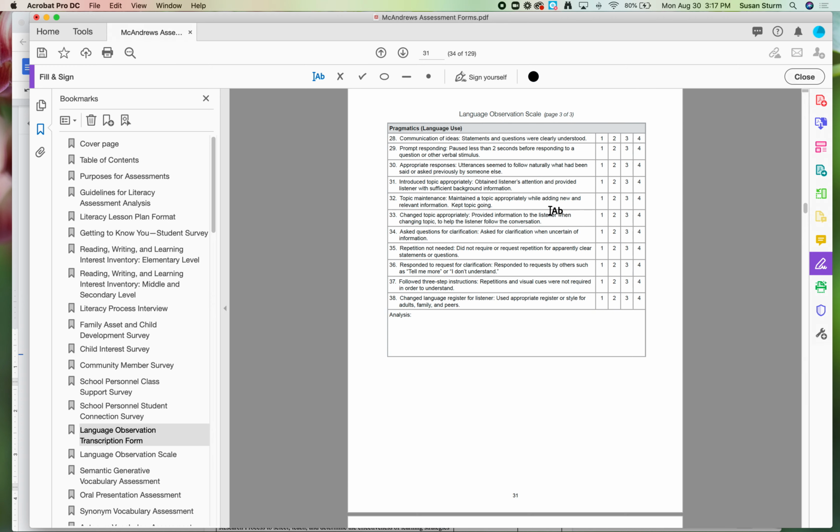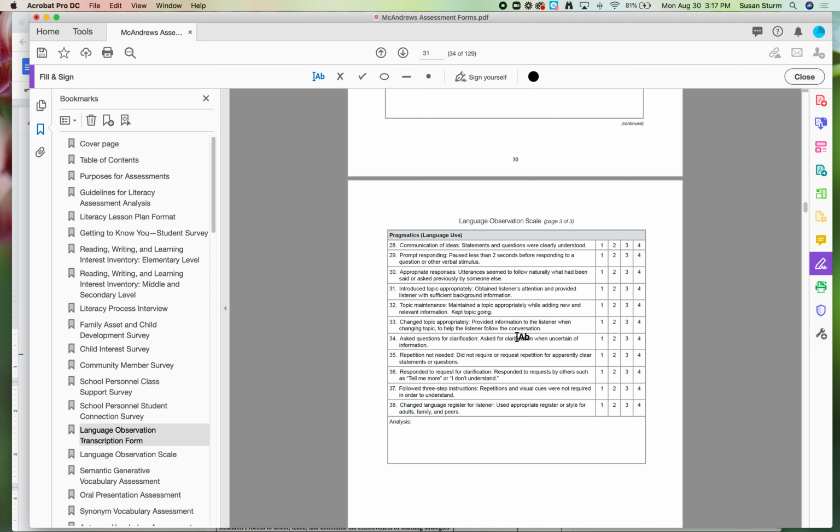It really is meant to help you zone in on these different areas of the language systems that were covered in this chapter. And the meat of it is going to come in your analysis notes. In any areas that you think the student really had ones or twos, certainly those would want to be looked at a little more. And if you look on page 78 of the textbook, it says under the analysis section, teacher identifies the student's strengths and needs in the following areas, and they're all the areas of the assessment that we just covered. If the score is a 1 or 2 in any language area or a 3 in several areas of that system,